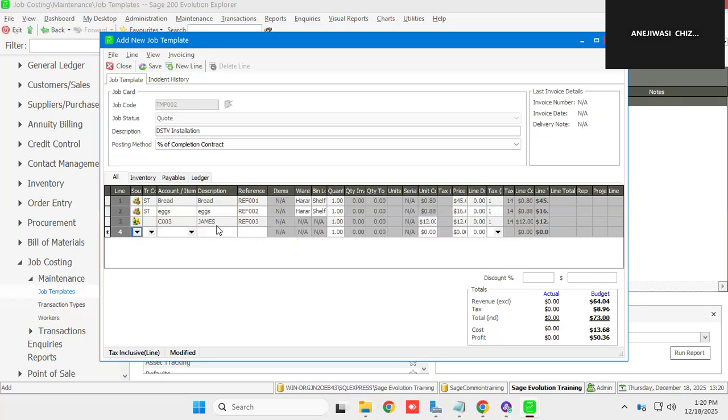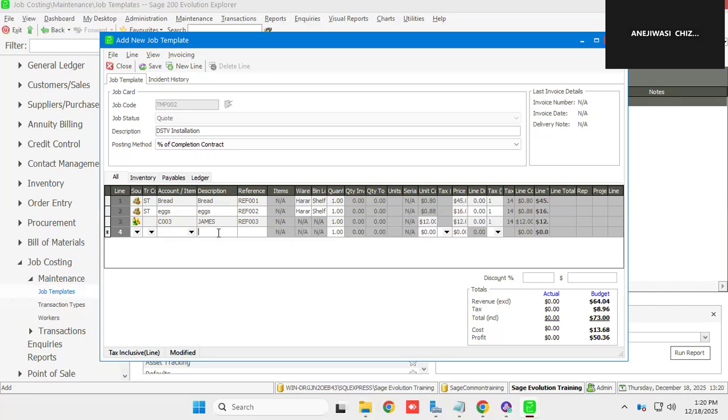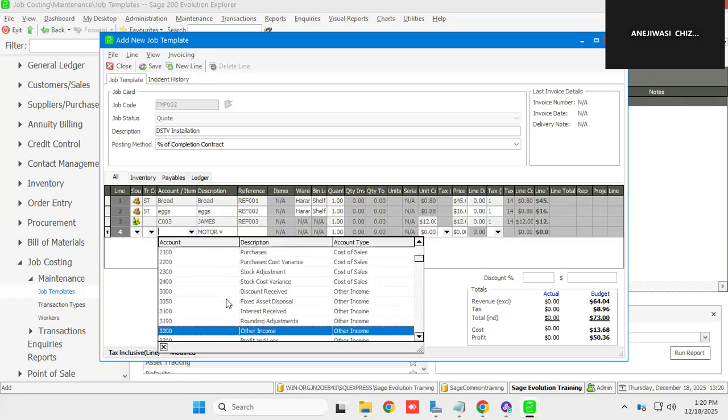So if it is just one person, it means you're just putting one person. Then if you are charging, probably let's say we are also charging fuel for some reasons. Let me see if I've got petrol. Do I have such an account? Well, let me just put probably motor vehicle. All right, it doesn't pick. So let me just probably look for